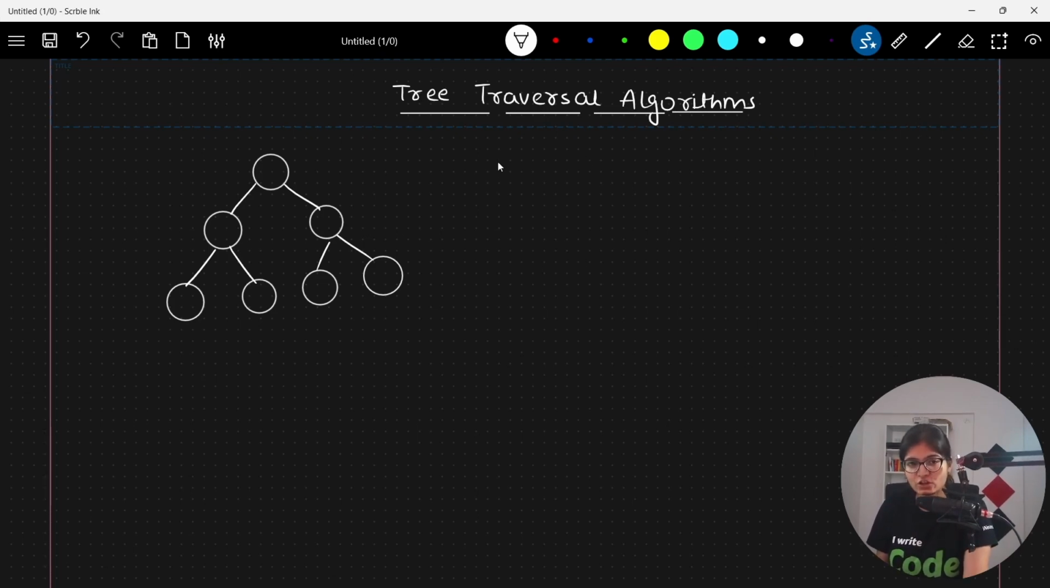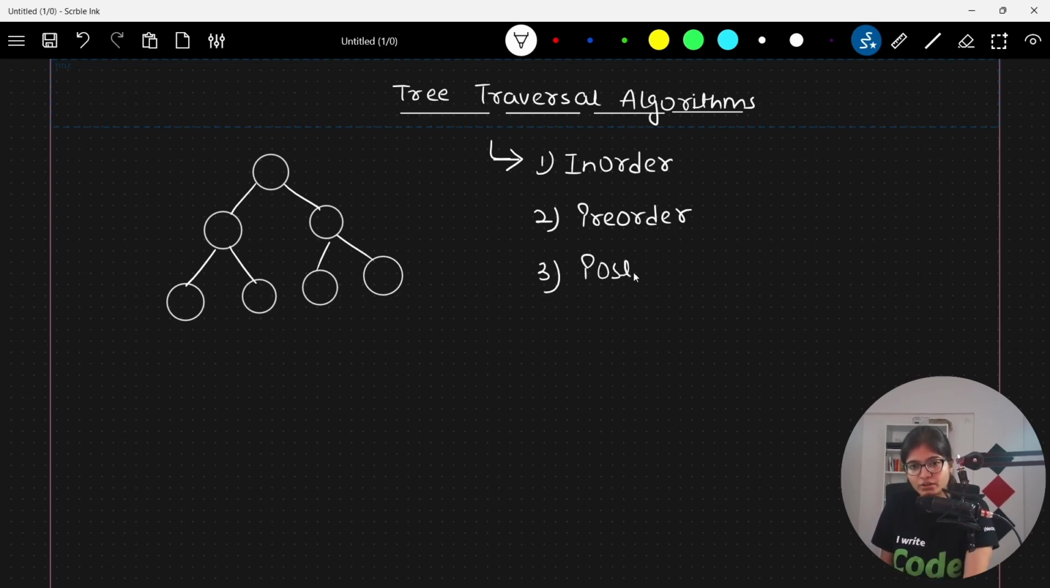Mainly, if I talk about tree traversal algorithms, we have three broader categories. One is called Inorder traversal, the very first which we will study in our class. After that, we will talk about Preorder traversal. And the last but not the least is the Postorder traversal. These are the three standard or major categories to traverse each and every node inside the